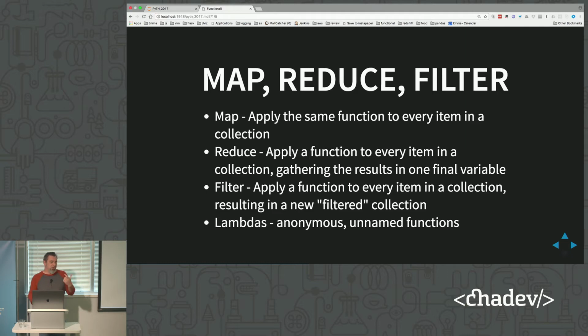Map is where you take a function and apply that function to some sort of collection, and map will go through and apply that function to each item in the collection in order, whatever order means depending on the collection, I suppose. But yeah, so you map over a collection, you apply the same function over and over again, and what you get back then is a collection with the function applied to the original values, right? So if you want to go through and just multiply every value in a list by 10, what you get back is a list where everything was already multiplied by 10.